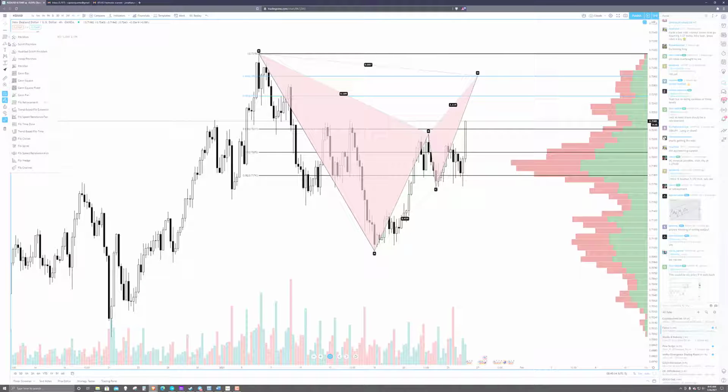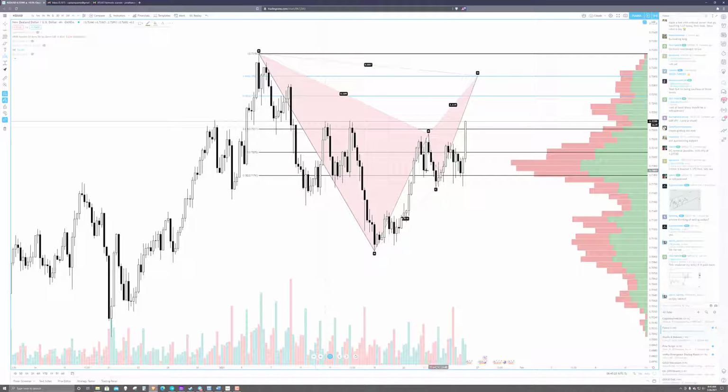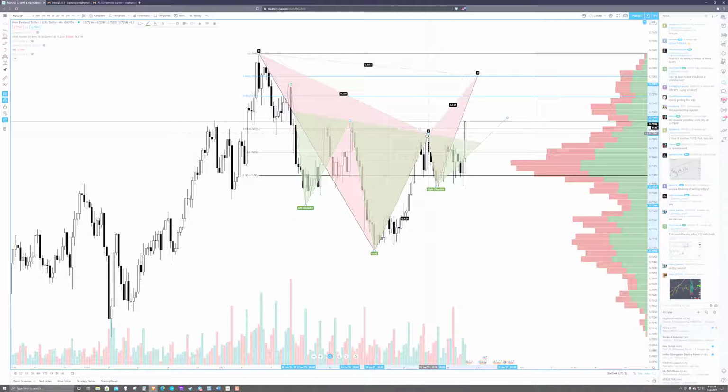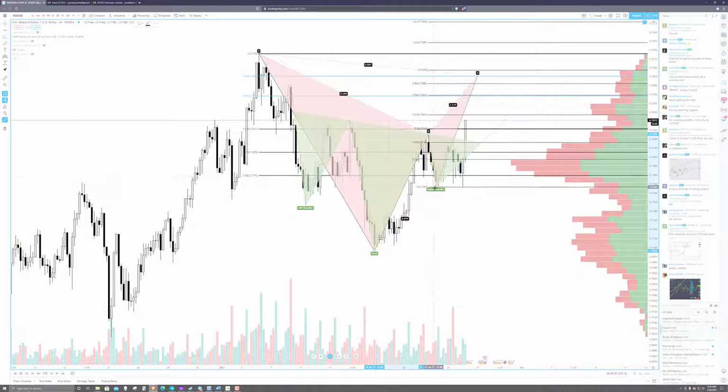Also note that on the inside of it, I've seen a lot of these patterns over the last couple of weeks, but there is a pretty textbook head and shoulders pattern inside of all this that we have observed break. So we've had a break of the neckline, and if we do an extension of the head to point B and then down to the right shoulder,